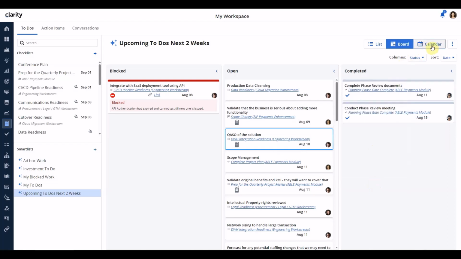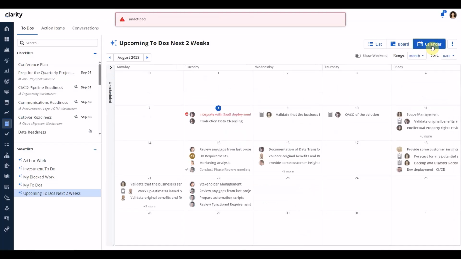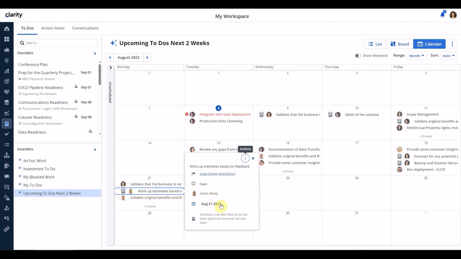If I go into the calendar view, the same information is available, which is I can go right here and I can see right away the to-dos that have notes. So right here you can see the to-dos that have notes that are pre-populated. Like in this case, the work estimate has the note populated. I can double click on that, and that opens up the to-do for edit. I can see the note itself, I can click on it, and I can edit. The same concept applies here too.